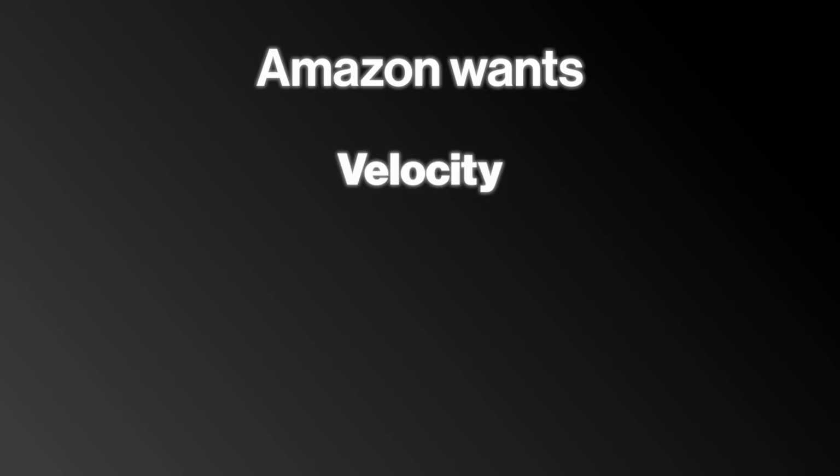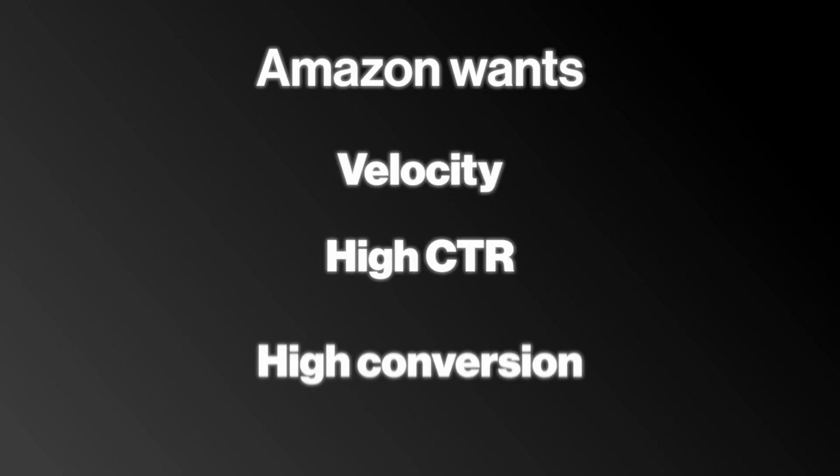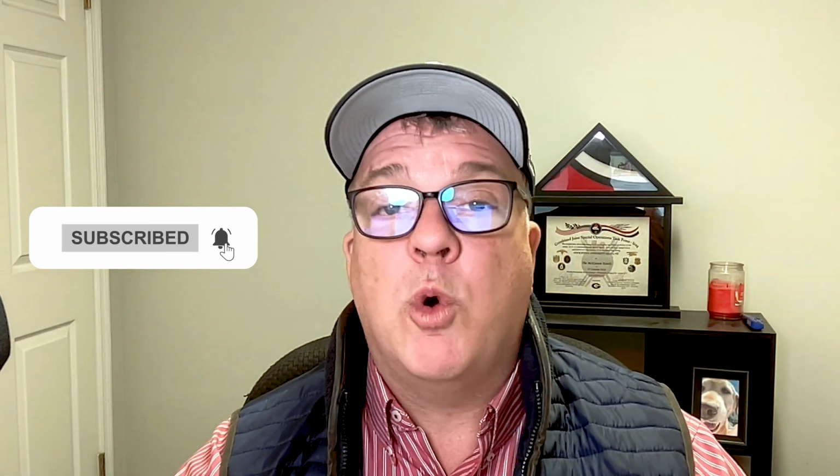Amazon wants velocity. Amazon wants high click-through rates and high conversion. And the higher click-through rate and conversion you have, the more Amazon's just going to push your listing out and push your listing out. They're going to find that it's highly relevant for that search term, and they're going to push that out more and more. When you're hyper-focused on keeping your ACOS super low, you miss out on that. It kills your ranking momentum. When you cut your PPC spend so low so that your ACOS can be really low, it hurts the flywheel, it hurts organic ranking, it decreases your BSR, bestseller rank, less visibility, and fewer sales, both paid and organic.